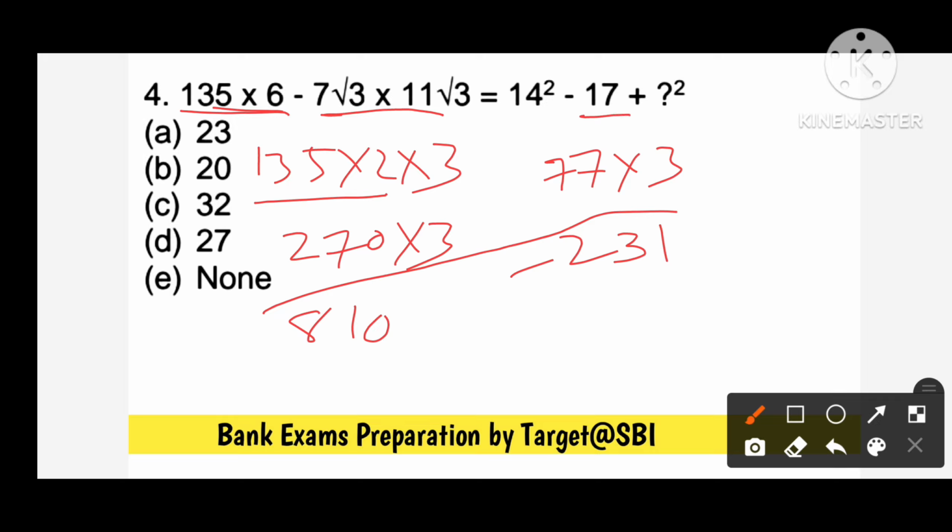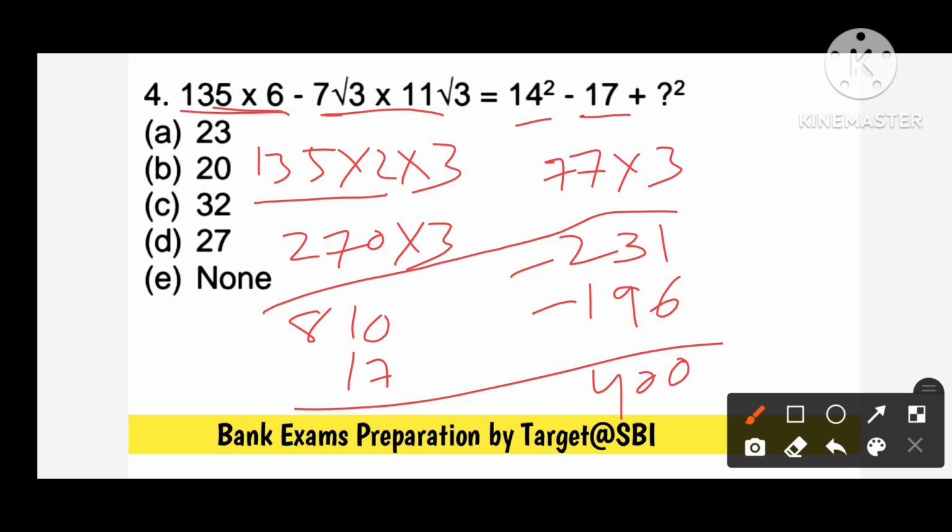Here minus 17 comes this side with a plus 17. 14 square which will be 196 comes other side with a minus. So this is what we need to find. Here unit digits 7 minus 7, 0. Here we have 12. So 2 and 2 eliminates 0. Here 4 means 400. So 400 equals to x square means answer will be option B, 20.